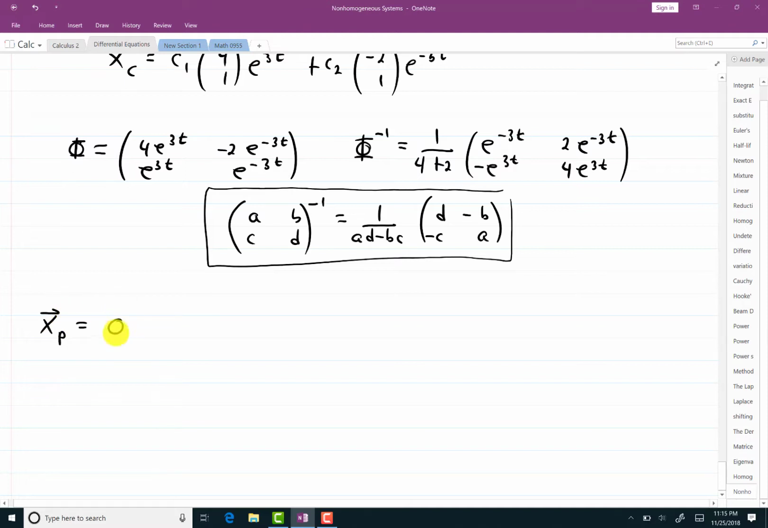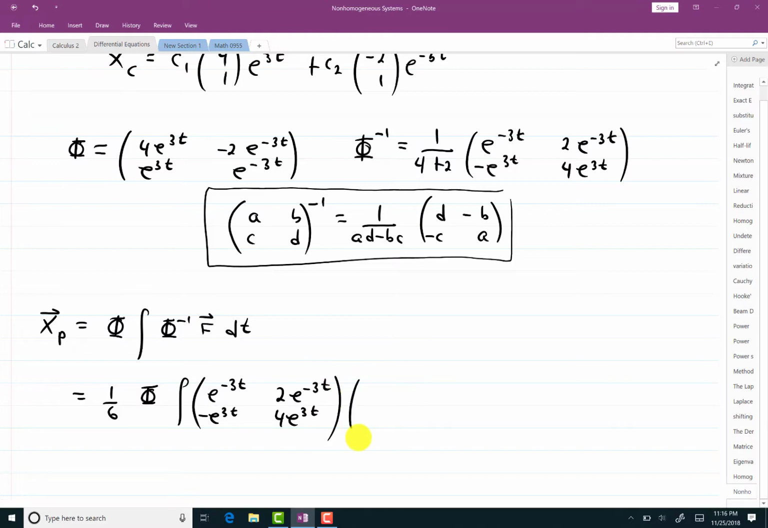That equals phi times the integral phi inverse f dt. Now phi inverse, I'll go ahead and replace it. I'm going to pull the 1/6 out front. You can do that with integration. So I'll pull the 1/6. I'll fill in the entries for phi when I'm ready for them. Right now, though, I am ready for phi inverse. And I'll have my e to the negative 3t, 2e to the negative 3t, negative e to the 3t, 4e to the 3t,